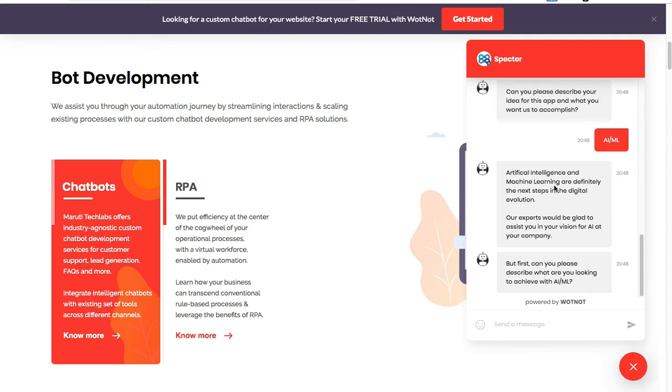So in this case, a chatbot can be active continuously 24 by 7 throughout the year, which saves you a lot of cost, a lot of expense, because if not chatbot, then you'll have to hire some executive, some employee to chat with the website traffic. And obviously an employee will have his own limitations, because parallelly at a single time he can chat with one or two people, whereas a chatbot can have conversation with n number of website visitors at a single time. So that is the beauty of having a chatbot.